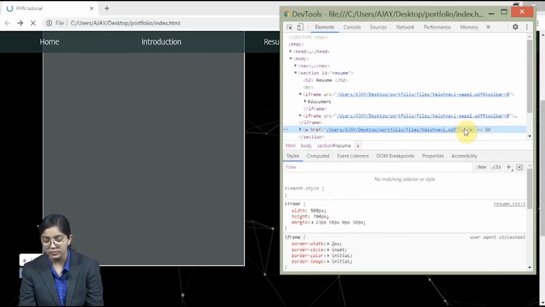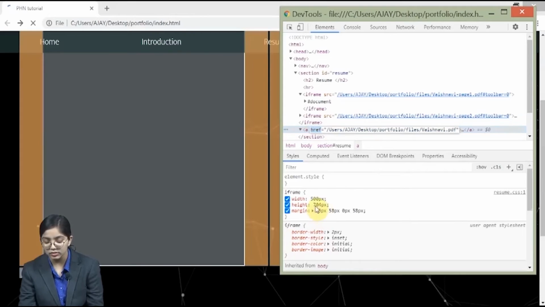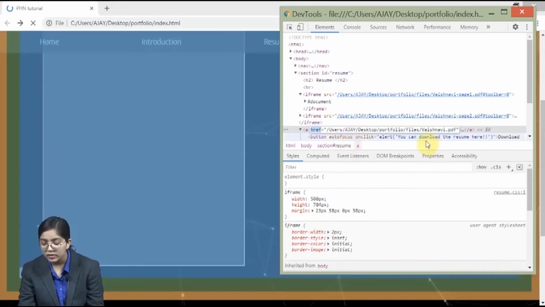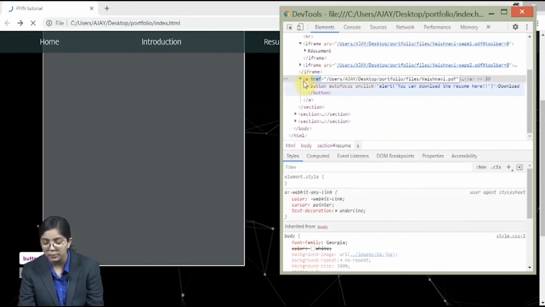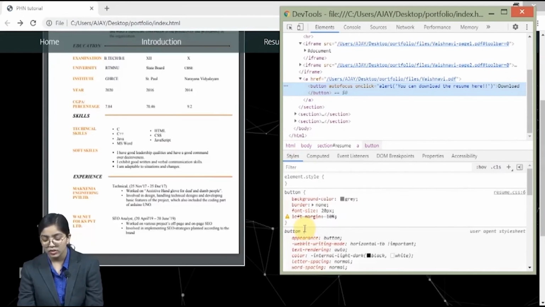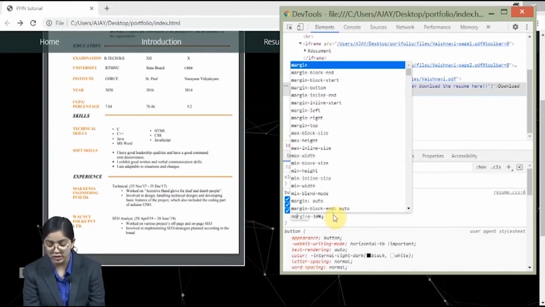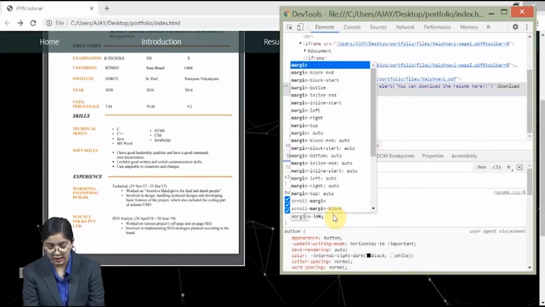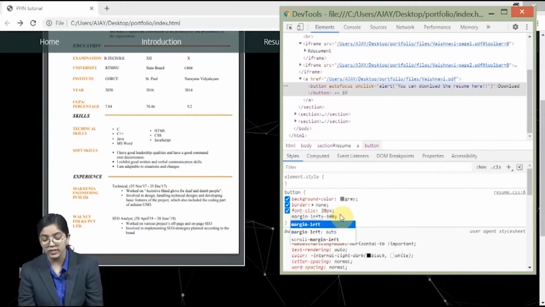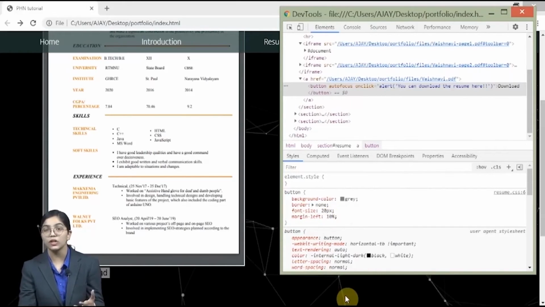Okay, and define the... okay, it's still coming. Where's our button? Let's just go on the button. Okay, here's the button. Okay, so I have given the wrong name, so you can see it has not been applied. Now actually what should be the property name? It should be margin-left. That's right. So this is how our inspect option sometimes helps us when we forget the property names.